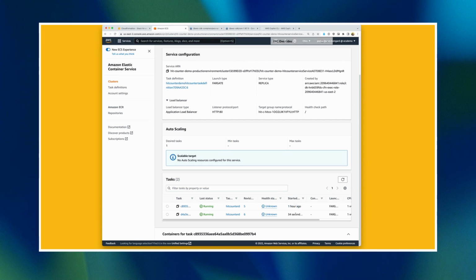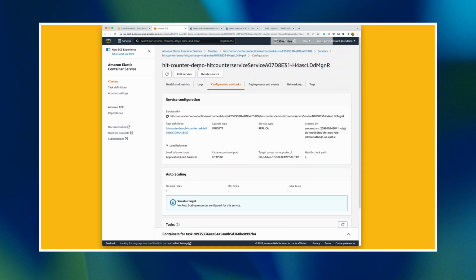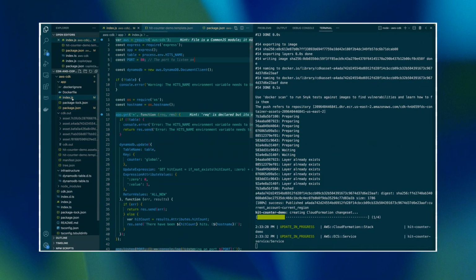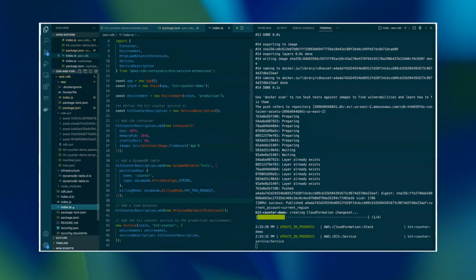And we'll see that it is actually rolling out a new revision. So you can see it went from revision 5 to revision 6. So all I had to do was make a change to my code and run CDK deploy, and it handled the entire rest of the process of building a new image, uploading it, and initializing that deployment. So I like Cloud Development Kit because it has all this rich capability for giving you control over all the different resources, and manual control over the different resources you want to create in CloudFormation, such as this DynamoDB